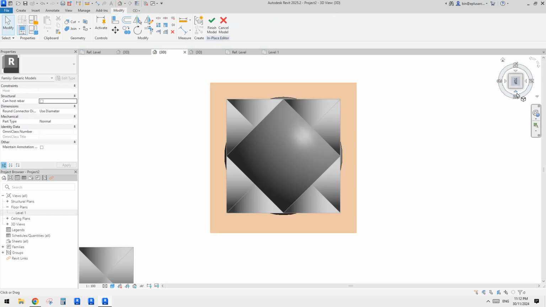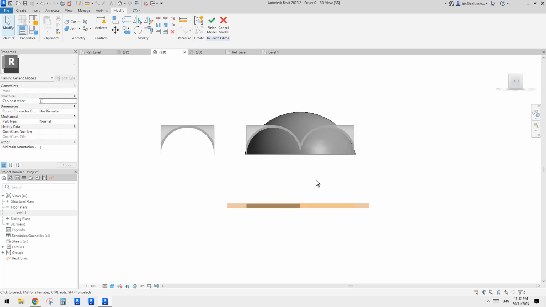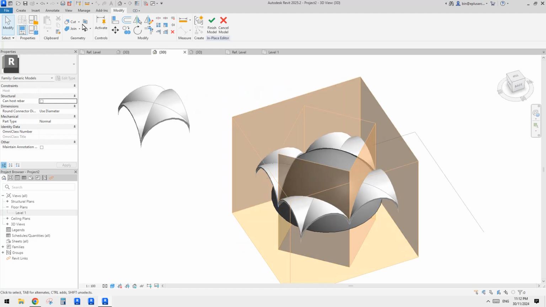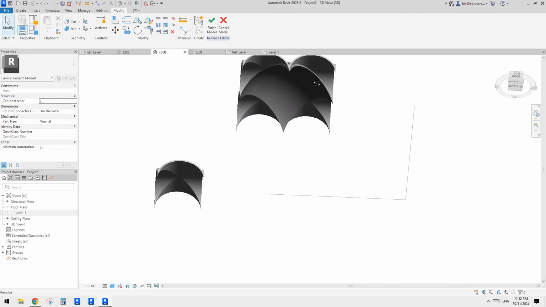Let's go to 3D view, not sure which side. Oh yeah, so it doesn't matter. So that's a void, go up and cut geometry and solid void. Okay,